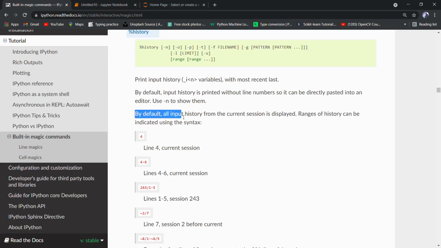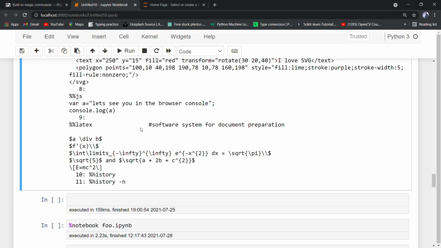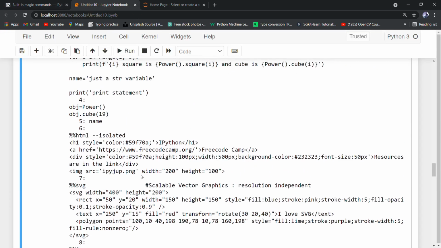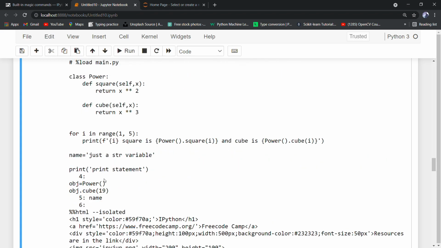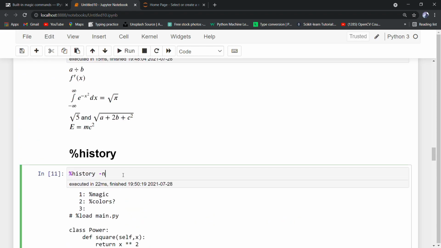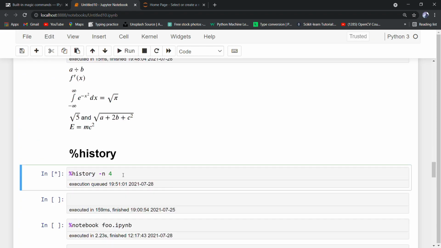By default, all the input history from the current session is displayed. Ranges of history can be indicated using the syntax. So we can also get a particular input history. For example, let's say that I want the input history at cell number 4, which is this. So I just have to write 4.